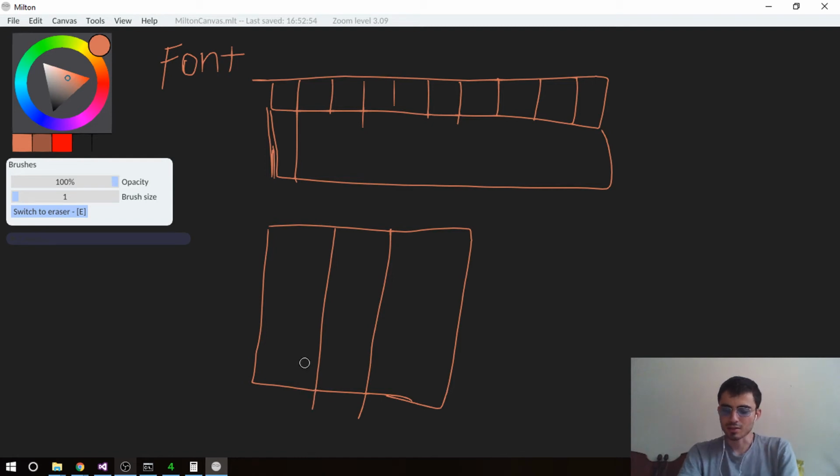I mean, we have a code point, the glyph, and the size, and we can have many sizes for this, as well as